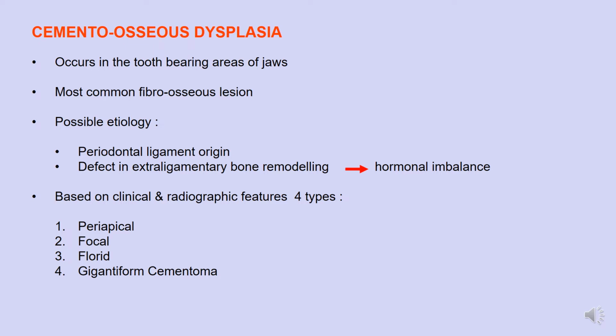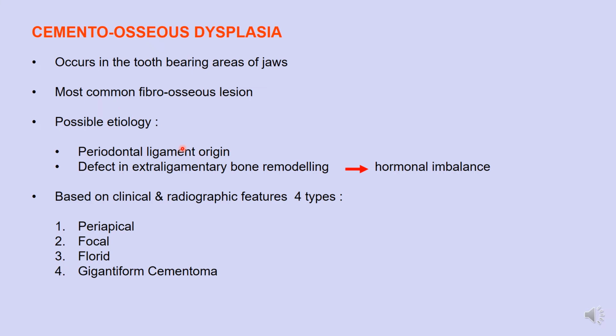Okay. All right, so let's move to cementosseous dysplasia. Cementosseous dysplasia, previously in the 2005 classification of the WHO, was called osseous dysplasia. Now, these fibro-osseous lesions are among the most common ones that we see in dental practice, right? They occur in tooth-bearing areas of the jaw. They're the most common fibro-osseous lesions. The possible etiology